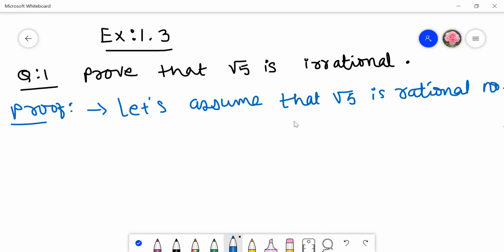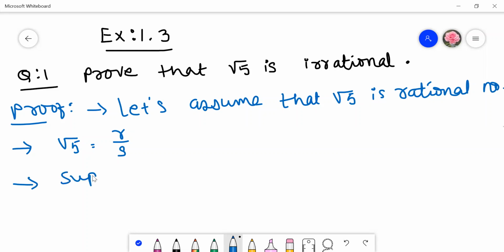Now, what is the meaning of rational number? Rational number means fraction form. Rational number means that number which is possible to write in a by b form where b is not equal to 0. So we wrote here it is rational form. So compulsory we have to write root 5 is equal to r by s. Now we don't know this is simplified or not. So suppose they have other common factor other than 1.